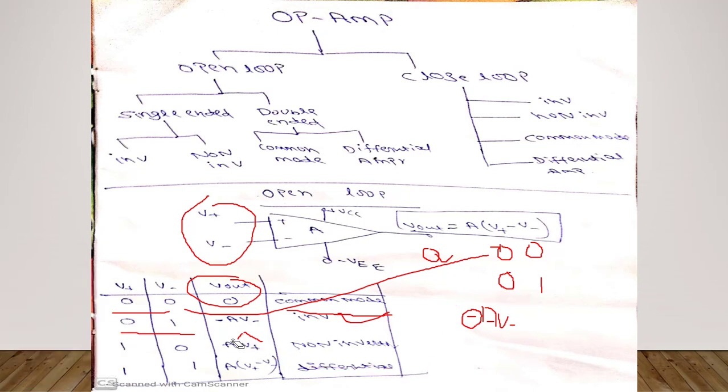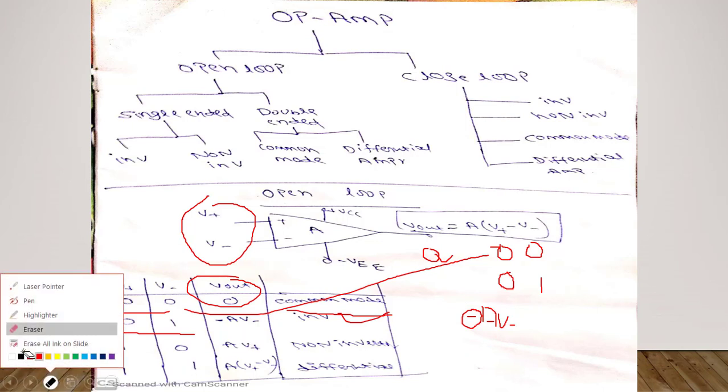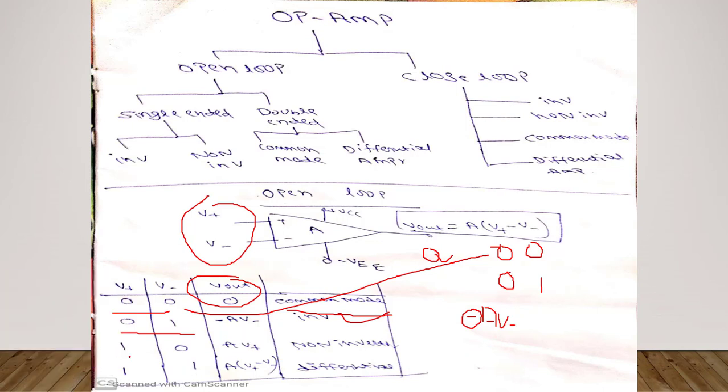Now go with the third case. What happens in the third case now? We are taking 1 0. Now 1 0 means what? V plus we are taking 1 and V minus we are taking 0. So what is the formula I will get? This is the 1 and this is the 0. So I am getting A into V plus. And this is the plus, so we are calling it non-inverting, and this is the answer. And how to connect here? If it is A V plus, it means to V plus we are giving some input V and V minus is grounded. This particular circuit diagram is known as non-inverting.